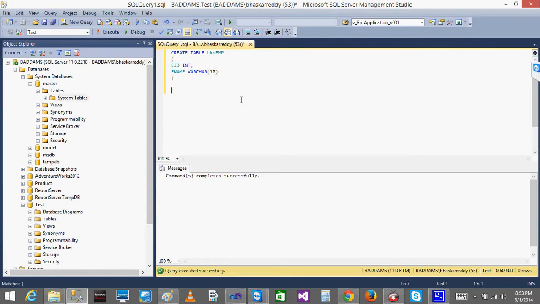Done. Next, I'll create one more table. I'll name it LKP EMP address, with EID as INT, and E address as varchar 100.